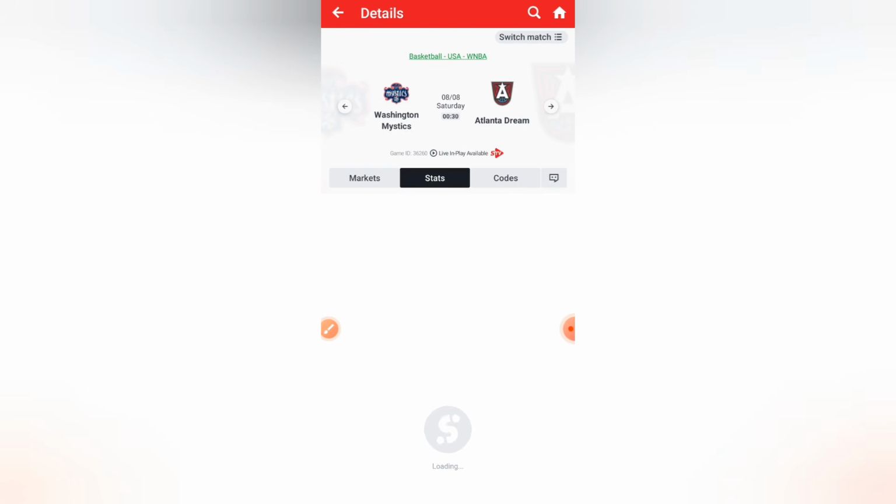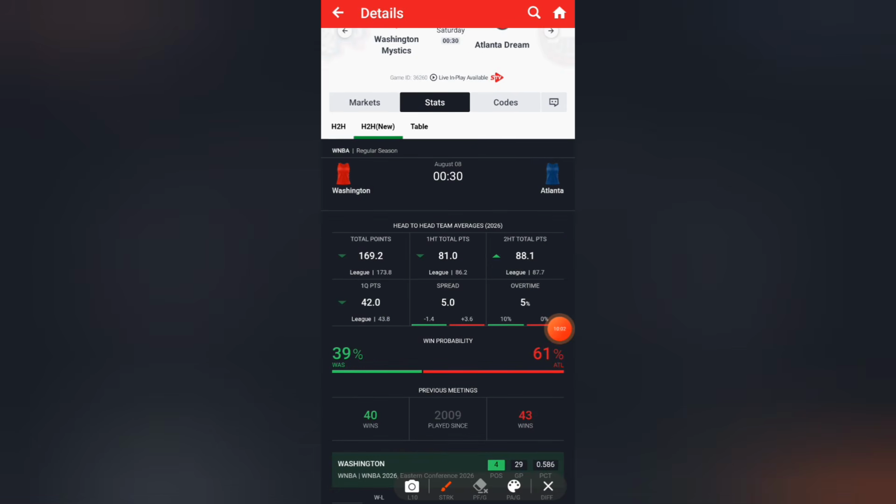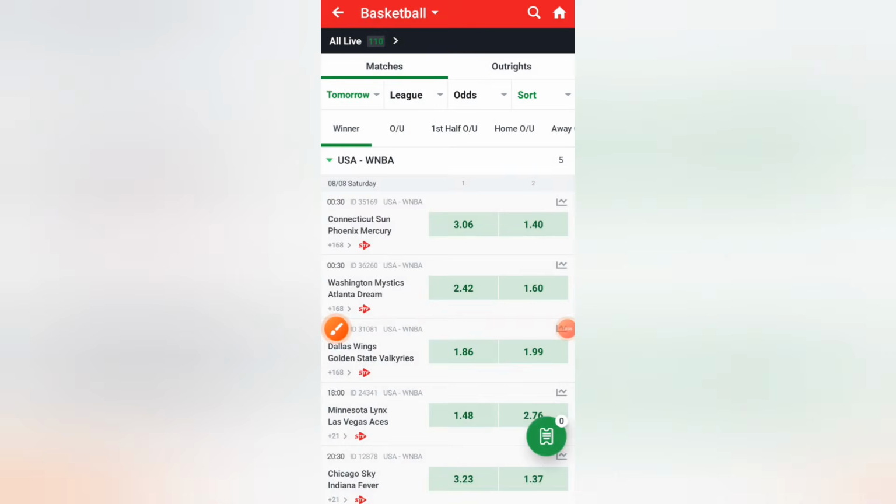So let's say we want to select our games on these particular basketball games, and let's see the average point of the team. So you can actually start applying this method, the process in each of the three methods. You can apply it. So this one also, you can see the league average point is 173, the average 169. So skip.